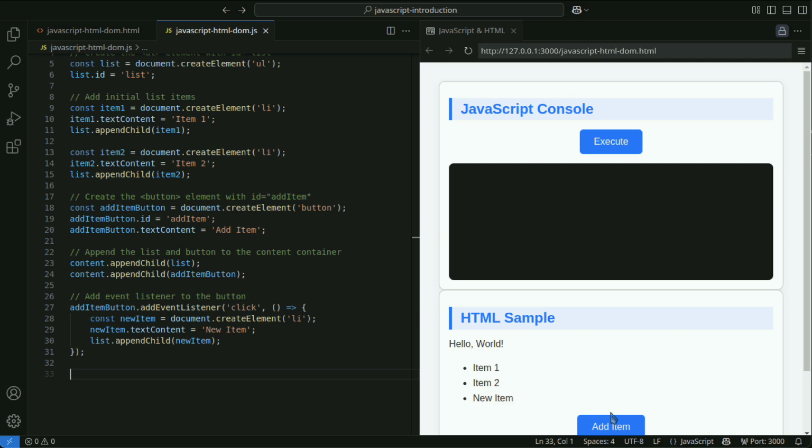JavaScript DOM manipulation allows you to get, change, create, and delete elements within an HTML document. You can get elements using methods like getElementById and querySelector. Use textContent or innerHTML to change text in HTML, and setAttribute to manipulate attributes. Use createElement to create new elements and remove to delete them. You can create interactive web pages that respond to user actions through event handling.